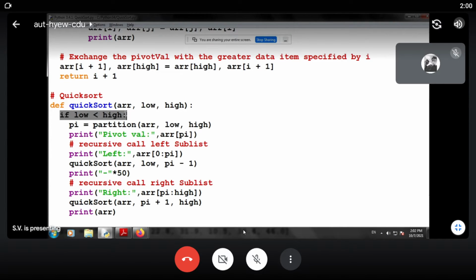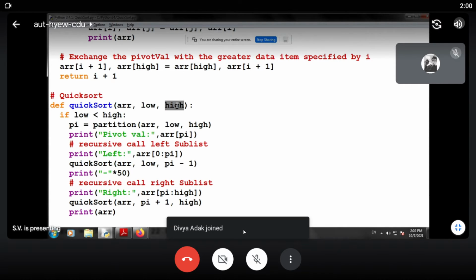We will have three parameters. First is the array, second is the low, initially 0, and high is nothing but the length of the array. So low is initially 0, high is initially the length or size of the array, and AR is the array name.